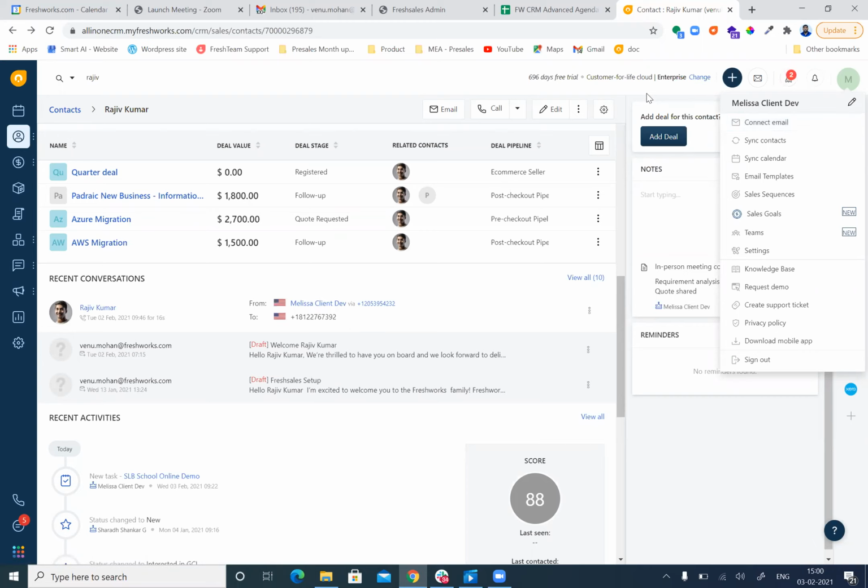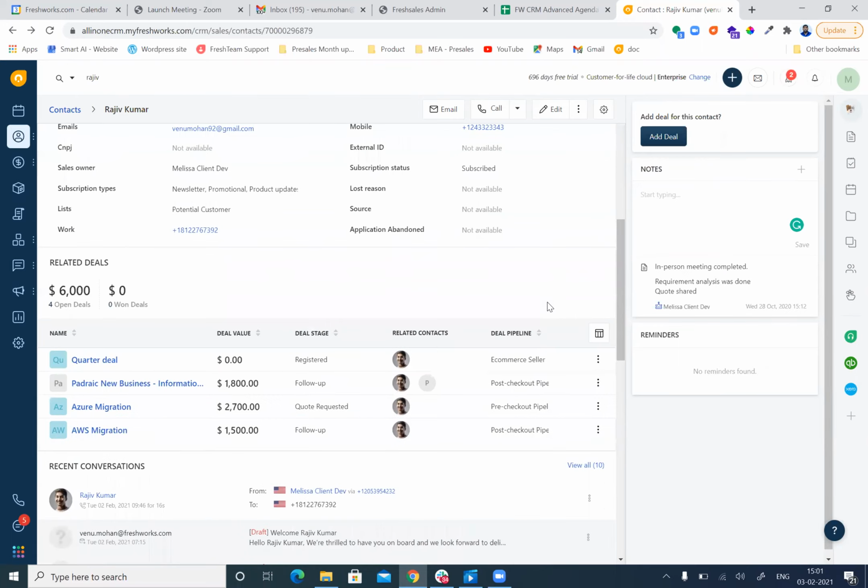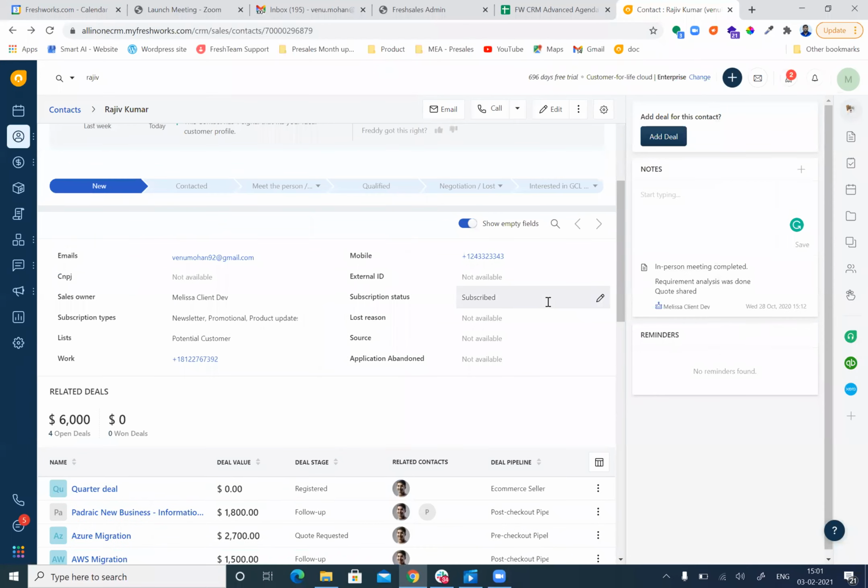Okay. And my third question is how clever Freddy is to understand Japanese. Okay, so the third question is about Freddy. The CRM supports multiple languages, so you can even set it to your own Japanese language, and you can also create custom fields. These fields can be created in your own Japanese language along with multiple choices.